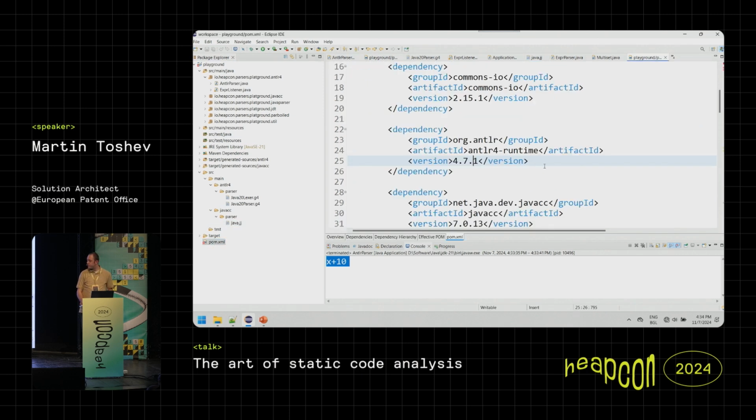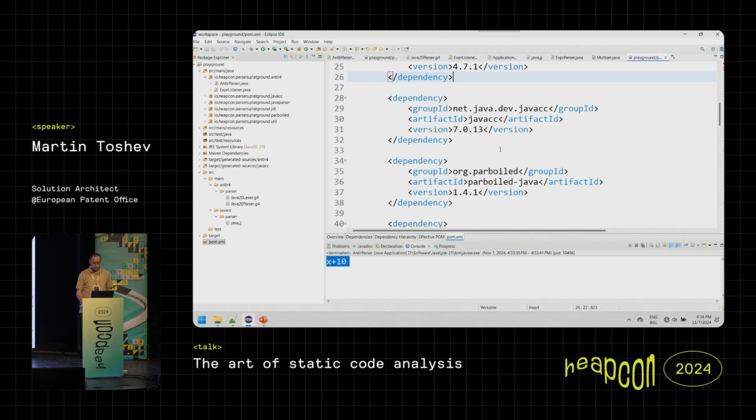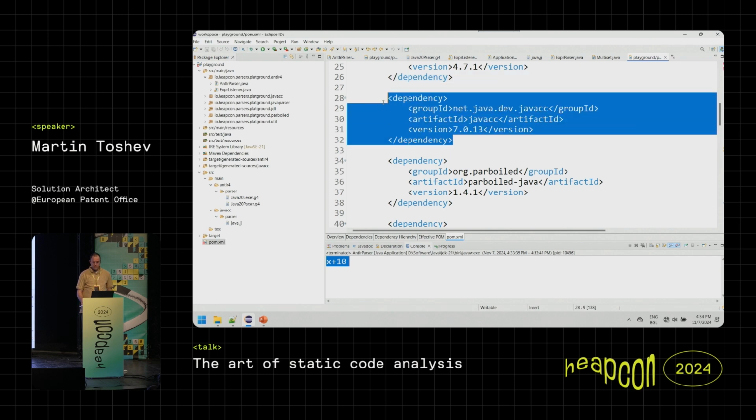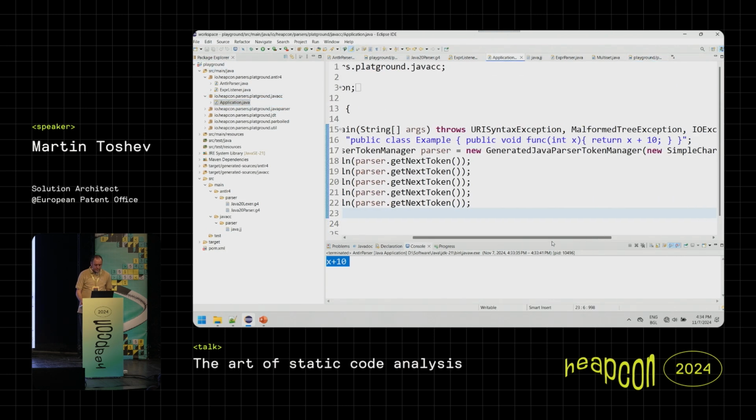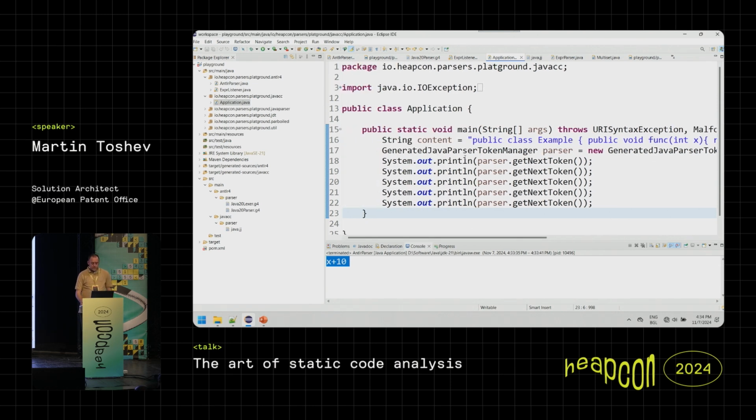In my POM file, I also include the dependency to JavaCC, the latest available version, which was released some months ago. And what I can do, again, I create the very same example class with one function that returns x plus 10. I create a class generated JavaParserTokenManager. In that particular case, I print out the next token that gets parsed by the generated parser. So if I run this,